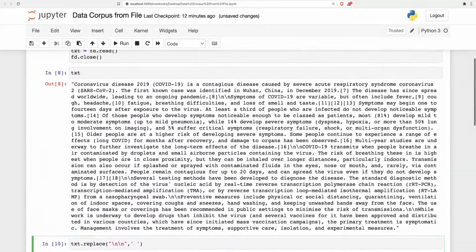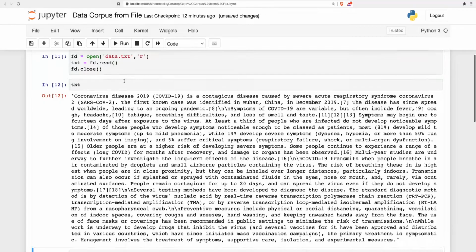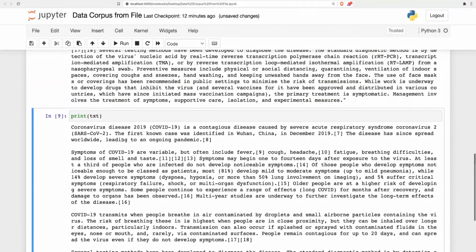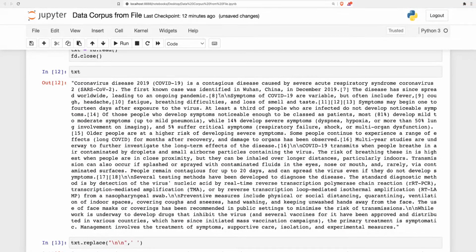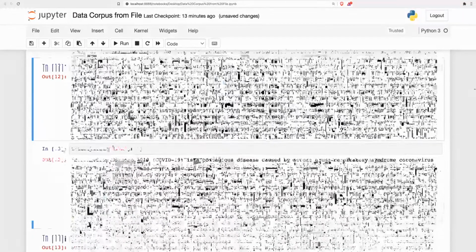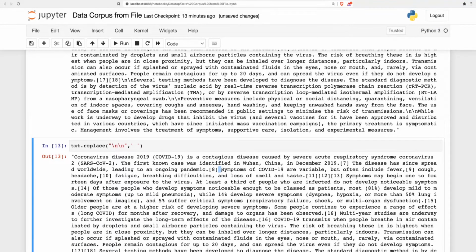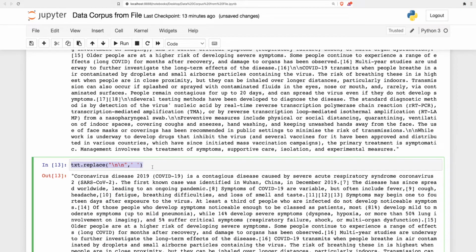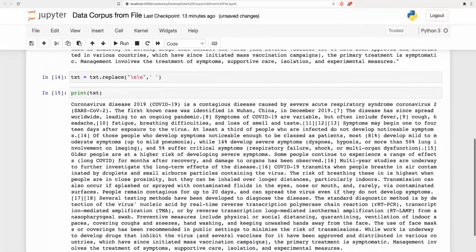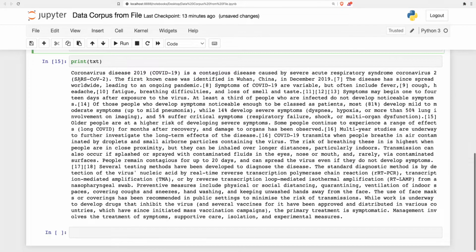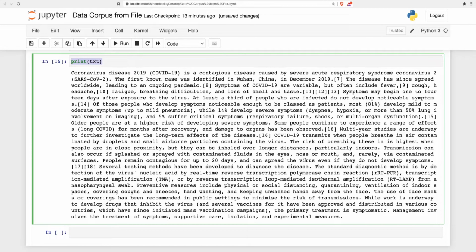So if I'm executing these cells again, here you can see earlier I was having \n after 8, and here after 8, I'm not having a \n. Why? Because I've replaced all the \n with this particular text. So if I'm writing txt equals replace, and after that printing the text, you can see wherever \n's were there, I have replaced them with an empty space, and now even if I'm printing it, I'm not having the \n's. This is the main use case of \n.